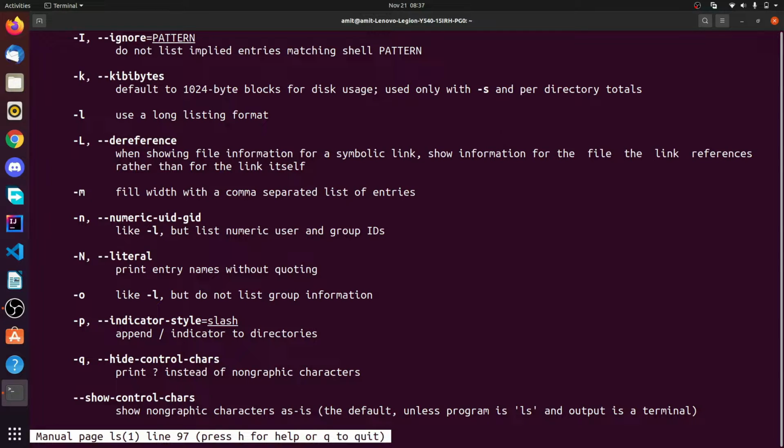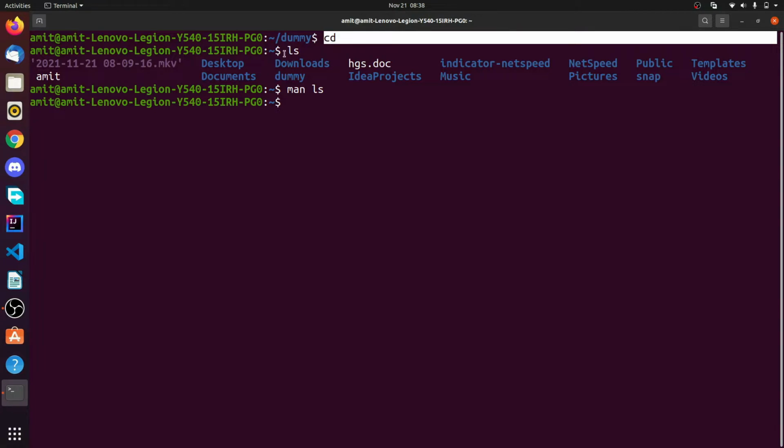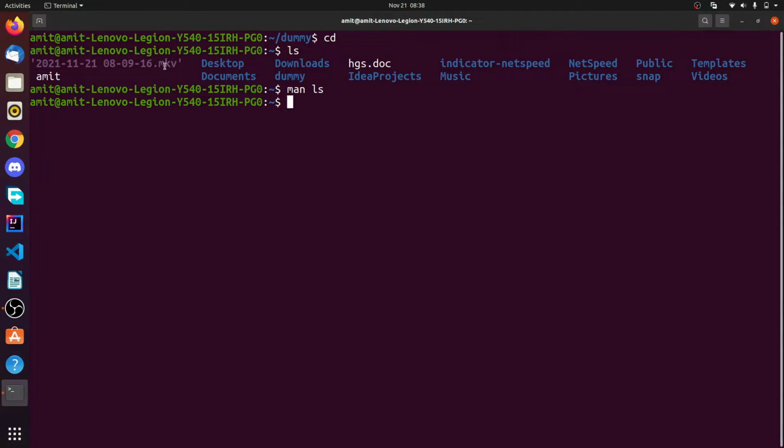Suppose we are scrolling through the files here. If you want to select mkv files in particular, what we'll do is type the man command, go through the man page and search for the option which states mkv, right? So we can simply write ls and .mkv, and we'll get that command.